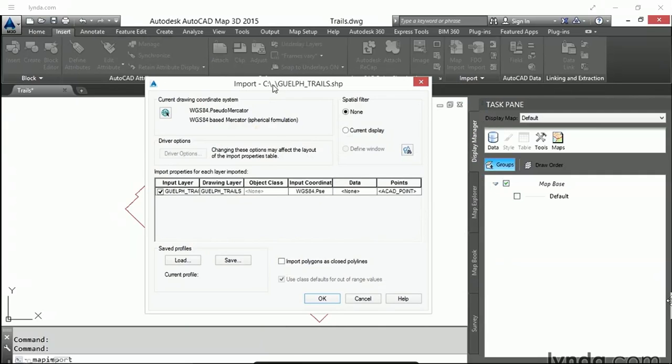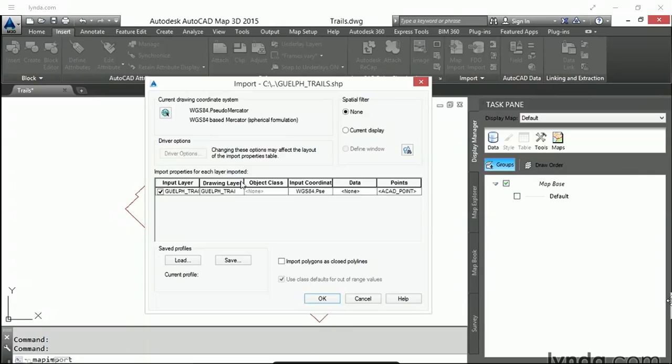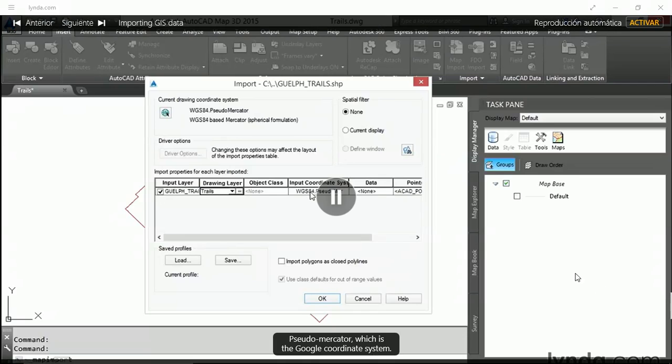During the import, we can import one or many shapefiles. We can rename the layer it's going on by simply clicking in there and typing, or under Drawing Layer, you can hit the Browse button. In this case, we'll just type trails. The input coordinate system will stay the same. Pseudo Mercator, which is the Google coordinate system, will